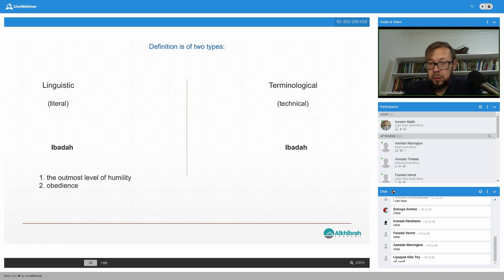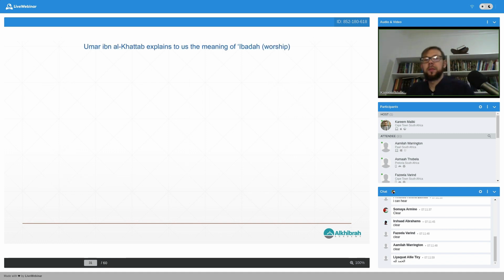So it doesn't just mean worship shaitan in a sense like some Satanist movements would do. No, it just means don't obey shaitan. So that's the literal meaning, the utmost level of humility, obedience. Now, what we want to know is the terminological meaning, the meaning which will give us the complete and full understanding of La ilaha illallah. So how do we know that this is worshipping Allah, and this is worshipping something other than Him? For this, we need the technical terminological definition of ibadah. And to do that,